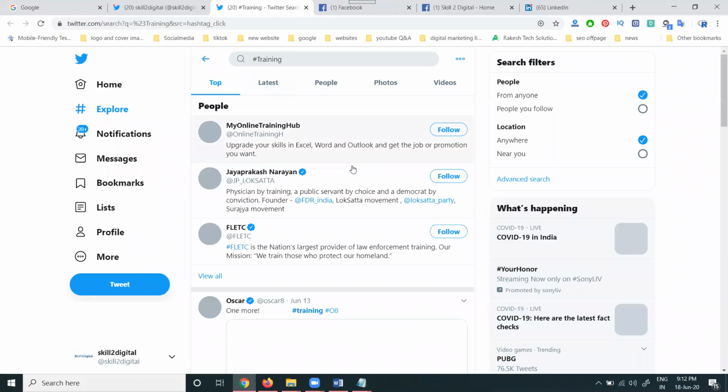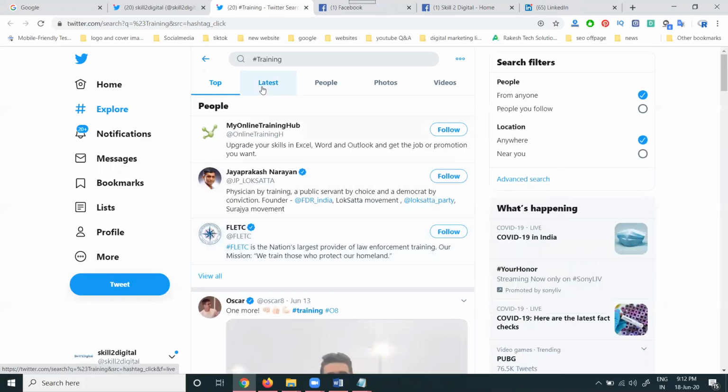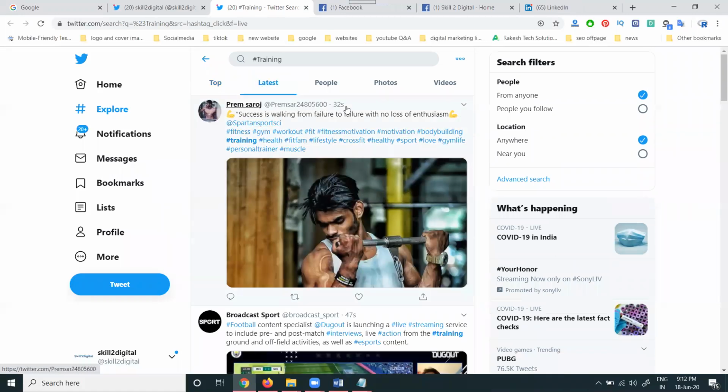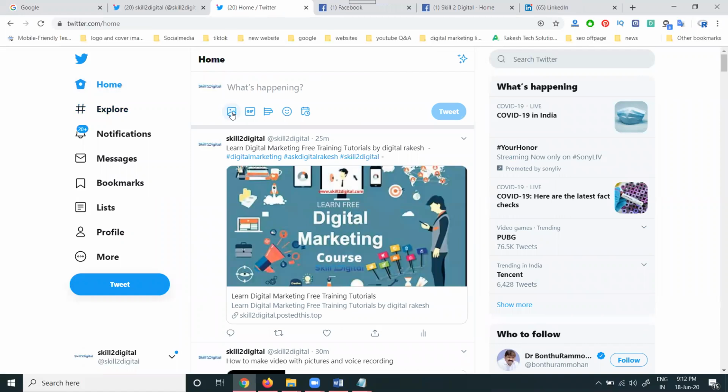The main purpose is, when you click the trending option, how many tweets have been done on Twitter is shown. So they are all showing your particular option there. When our latest post is going on, it will be done 32 seconds back. So here, in posting, we have a lot of options given. One is called image and video, GIF images, poll creation, everything.